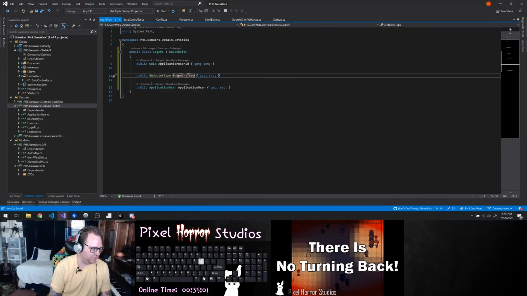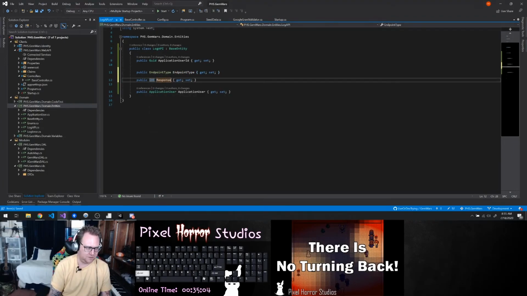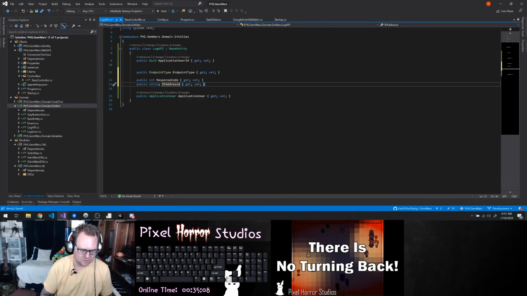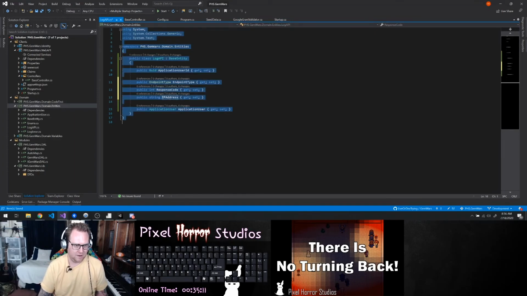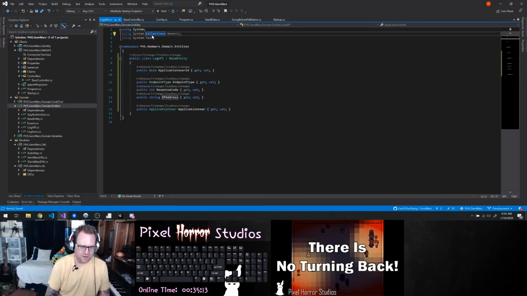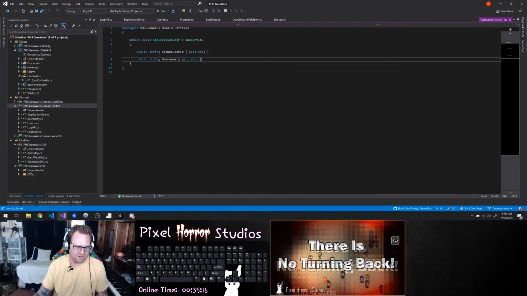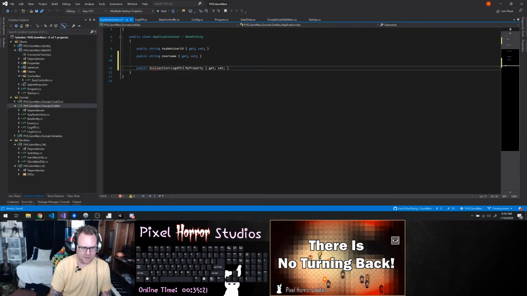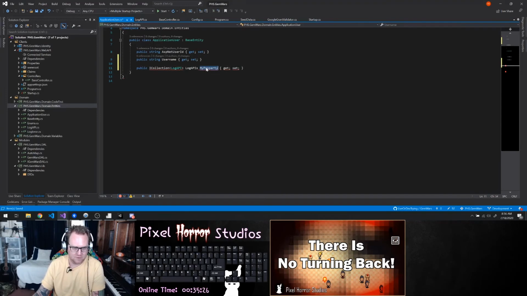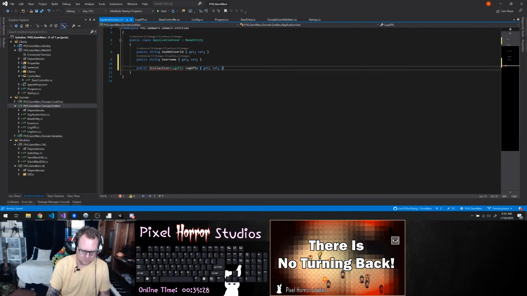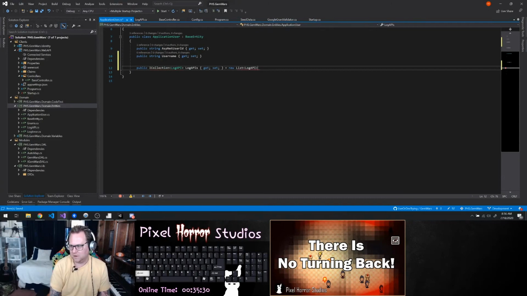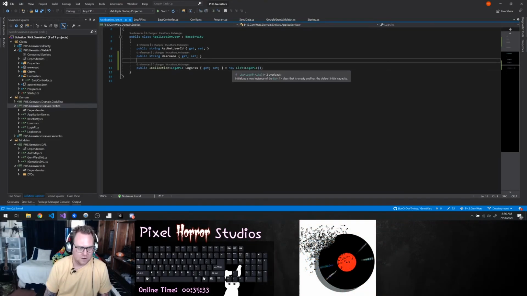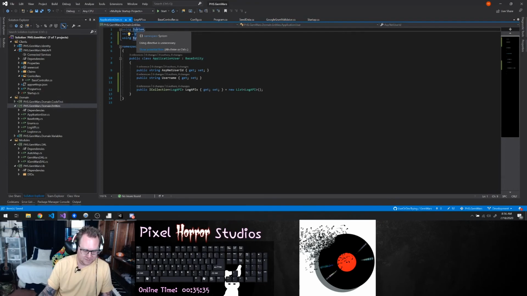Okay, and then also I want to have the response code and the IP address. And since I have a many-to-one relationship here, we need to have an ICollection of log API called log APIs. And now that that's done,